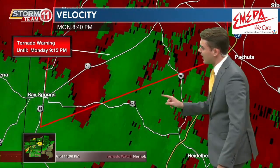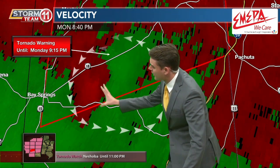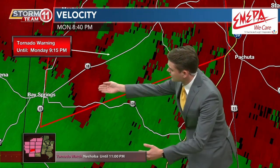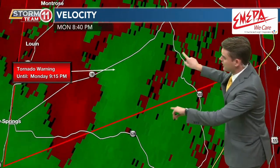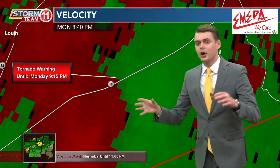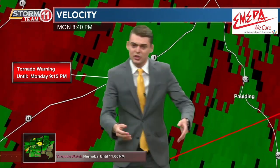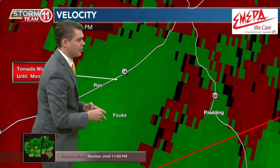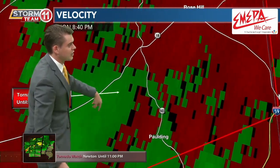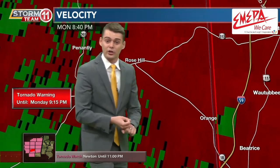So if you're in between Highway 528, 503, and Highway 18, this is the area of rotation that we're really looking for as it's continuing to track more towards the northeast. 503, Highway 18, and 528. So those highways are the names that we're looking at right now. So if you're in Ross and it's pushing more towards the northeast, Paulding in just a little bit around 503, and it's going to continue to track to that northeast around Highway 18, Rose Hill, Orange,